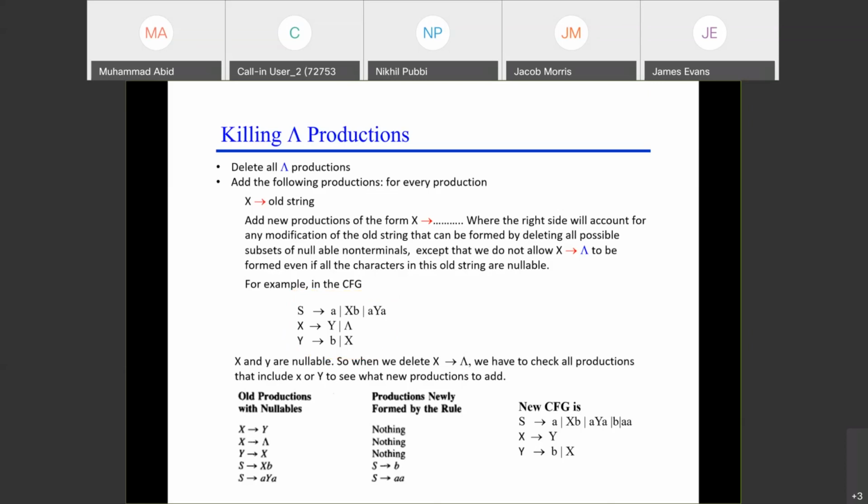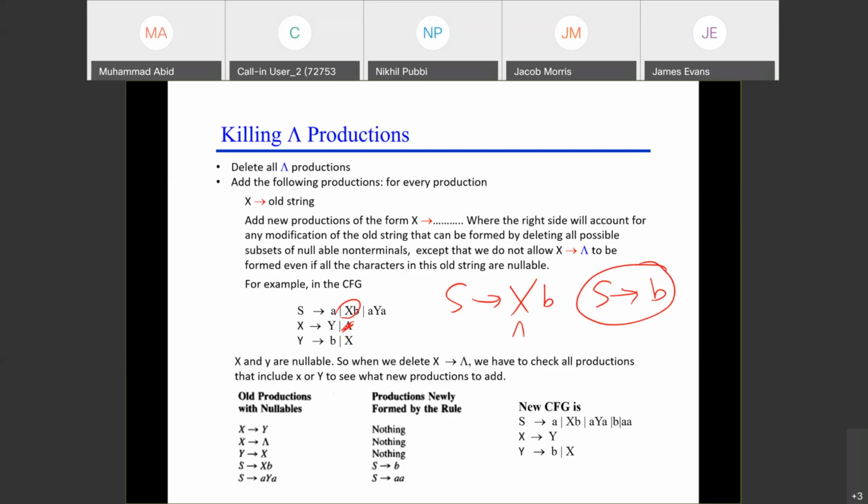Look at this one. S can be replaced by X and small b. This is one production rule. And X can be replaced by lambda. So now if you replace X with lambda, it means you are able to produce S can be replaced by B. Now, if you delete this production rule, you need to add this production rule in your grammar